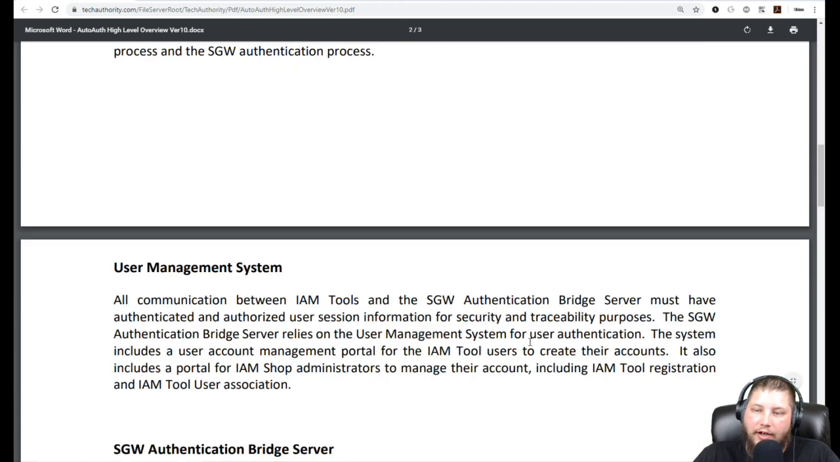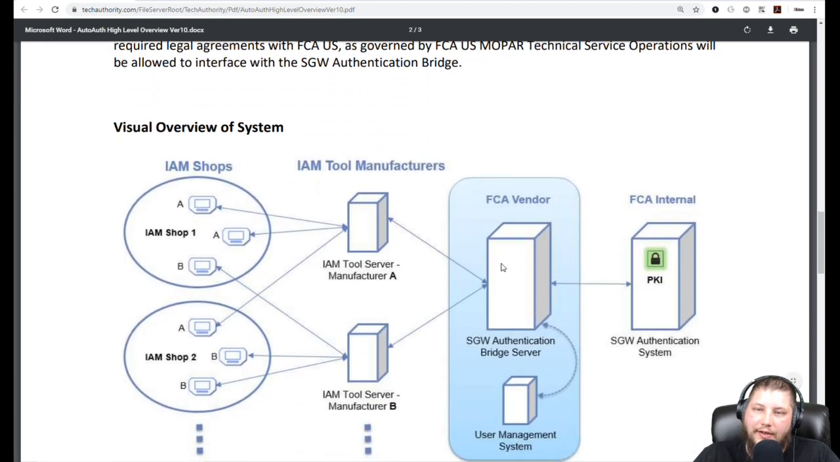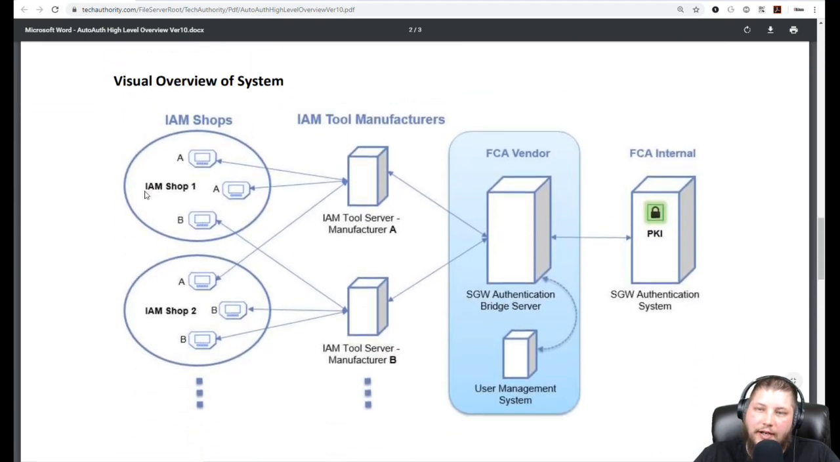Just in lieu of reading all the rest of this stuff, it tells who manages the system, how it's set up. So here's the architecture. Like independent aftermarket shop 1 and shop 2. Each one of these shops has 2 tools or whatever is how it's listed. It shows the authentication through the tool server. Then the FCA vendor, there's this authentication bridge that happens with their user management system, which allows it to go into the actual internal web server, and that's what's important, they're trying to protect the information that's here in